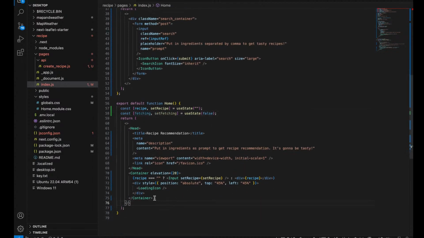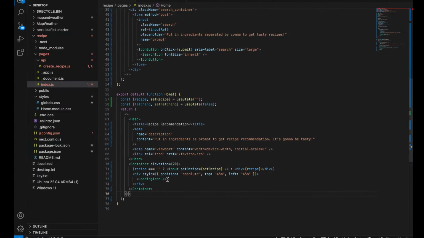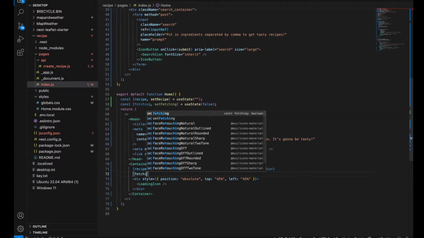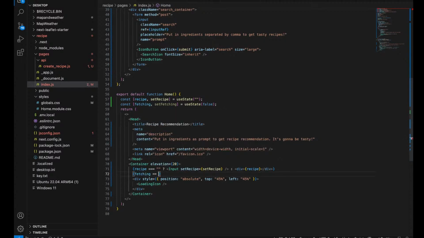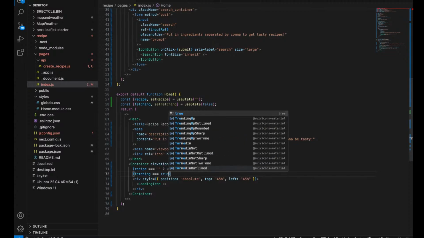So if it is fetching, we need to show this thing right here. So if it is fetching equals true,